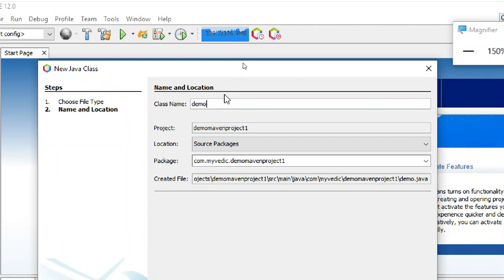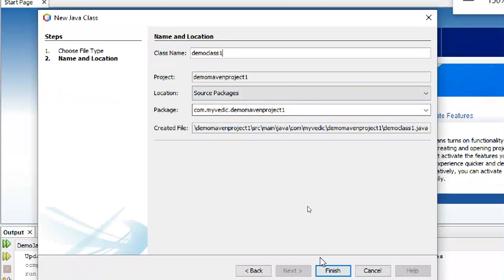So I put demo class one. So the package is different and the class name is different. Or you can use the same class name also, project name and class name the same. You can use it if you want. Both can be the same.